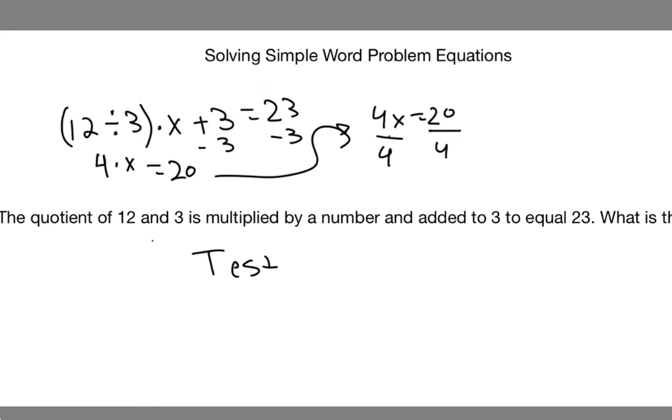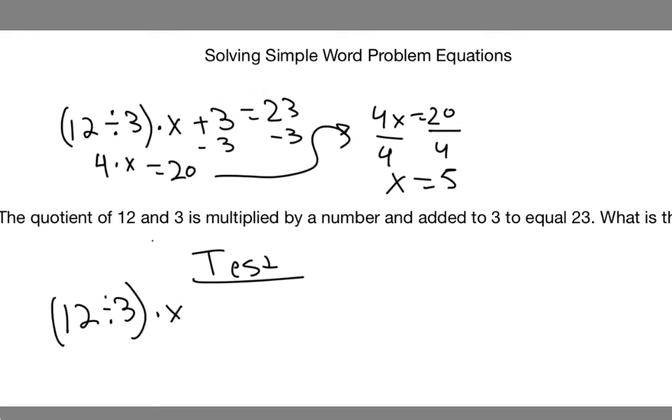If we did one thing to one side and we didn't do it to the other side, then our two sides would no longer be equal. So after dividing both sides by 4, we get 4 over 4 x, which is just equal to 1x. So it means we get x equals 5. Now let's go down here and test. When we have a value of x equals 5, we have 12 divided by 3